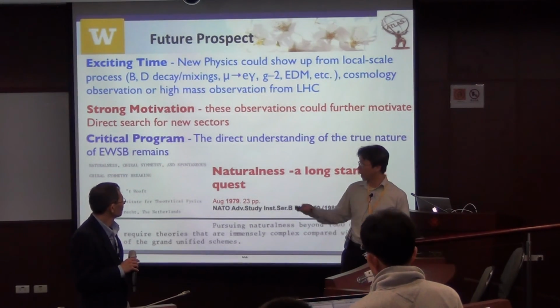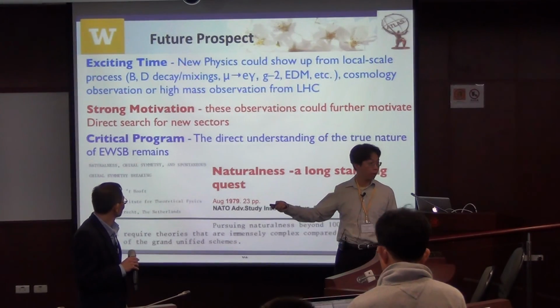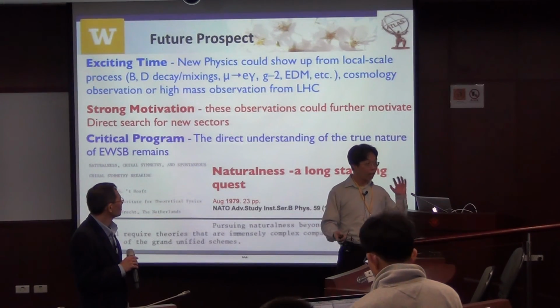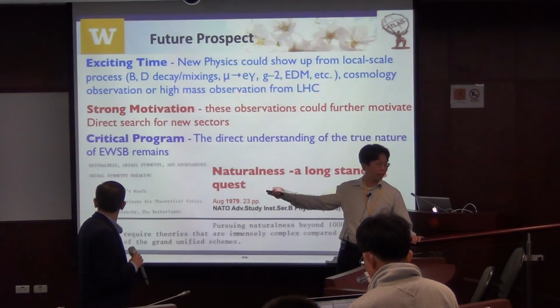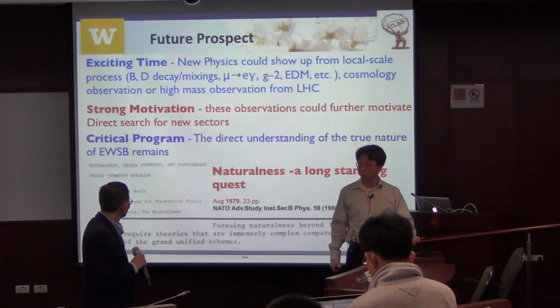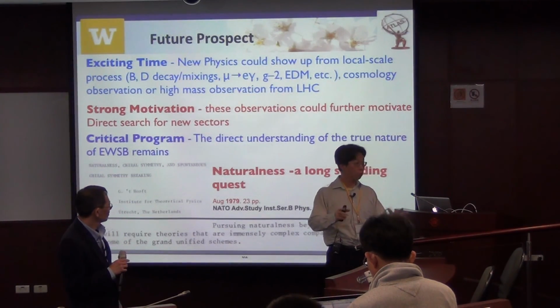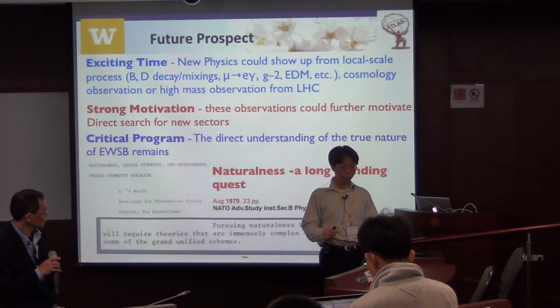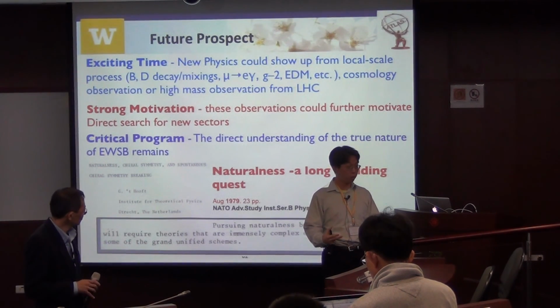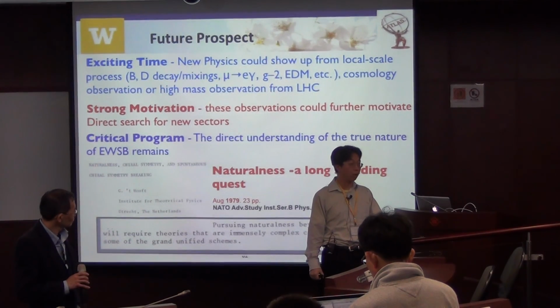We need guidance from other experiments, including the Large Hadron Collider. We need something new in order to really motivate building this machine. But in terms of the technology and preparation, we should start thinking about it right now. If we are going to build this machine, what's the